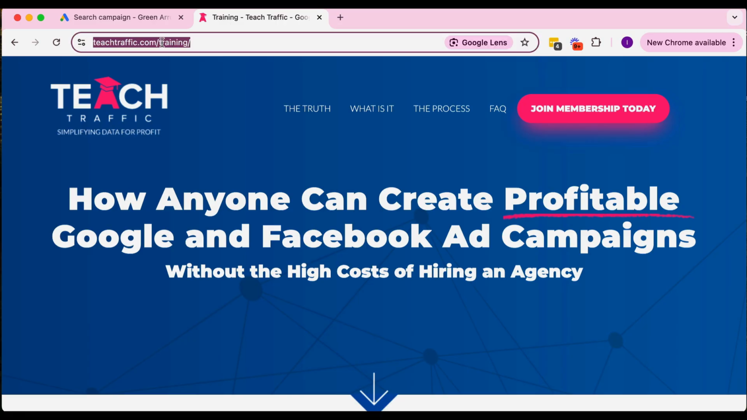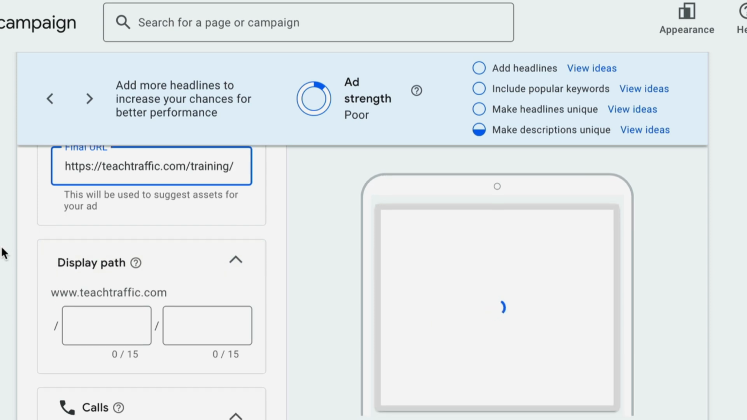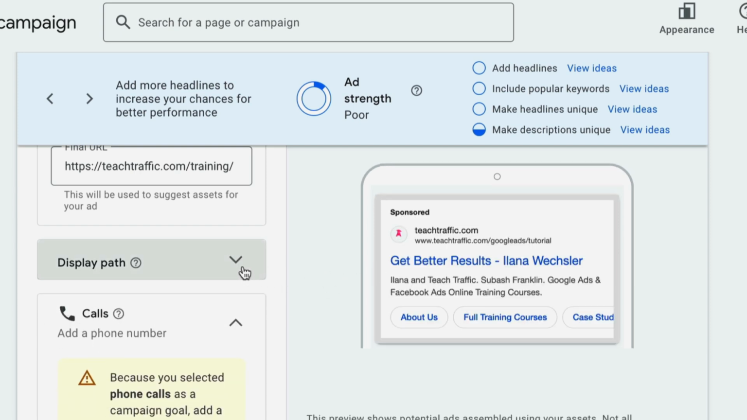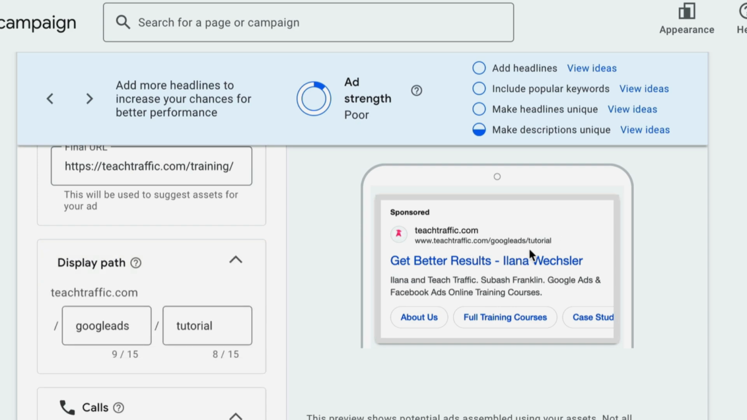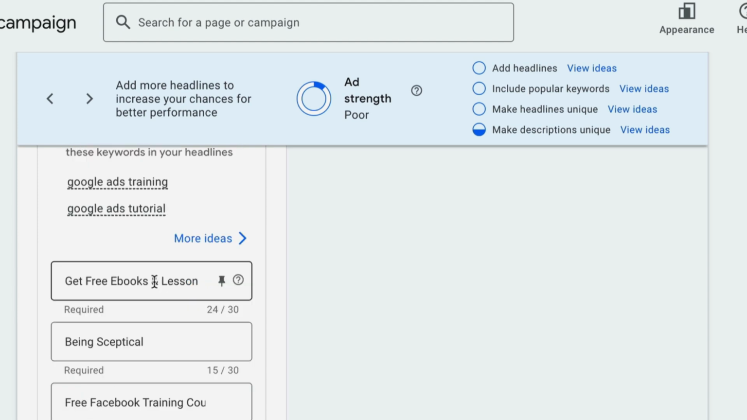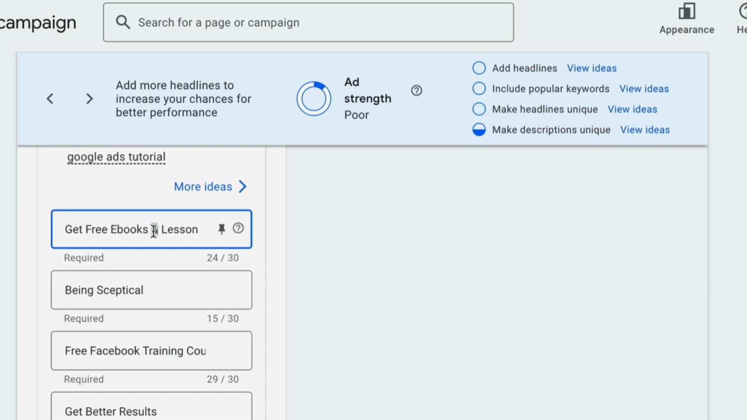So here is where I'm going to grab the landing page, which is the training sign up page, and I'm going to say Google Ads Tutorial. Now this URL you'll see here is going to populate here, the display path, and this URL does not need to exist. It's just to populate the ad so it adds more keywords into it. Okay, so I don't want calls, and here is where I can put in my headlines. Interesting, funny that they've picked up from the